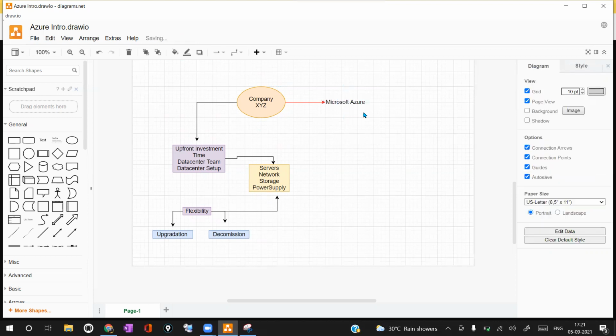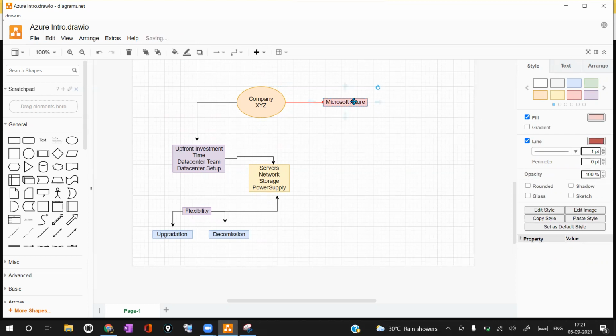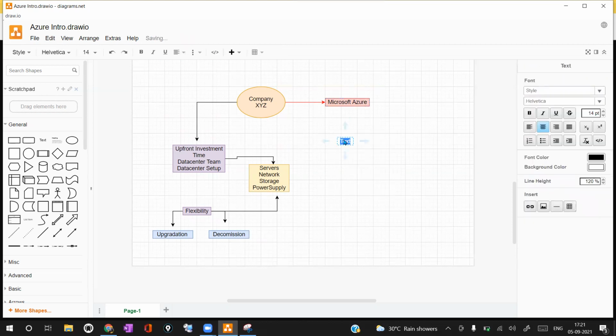Microsoft Azure is a cloud computing service provider in the market where you can use cloud services over the internet. I don't need to invest upfront money here. So the first factor, upfront investment, is very minimal. I have to invest, but it is not a huge investment like setting up the data center team and everything. It is a very, very minimum amount, where you can start by just purchasing a subscription.